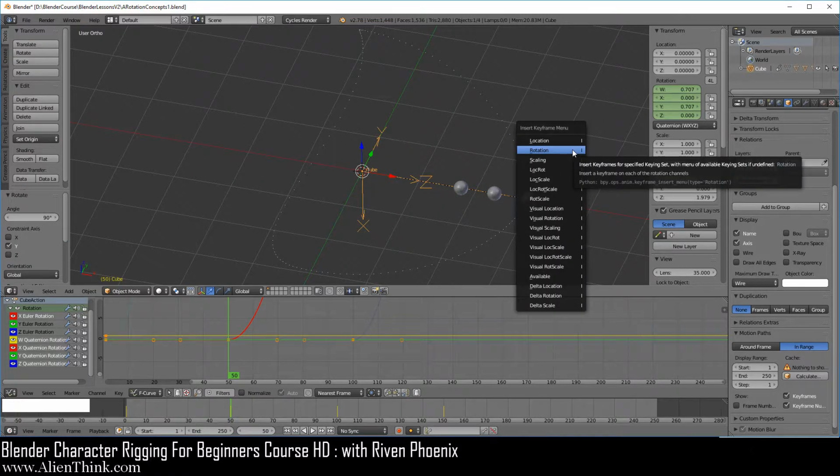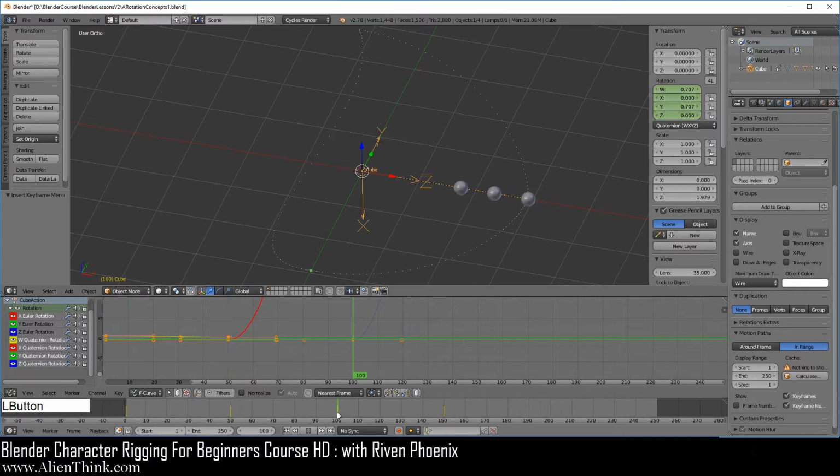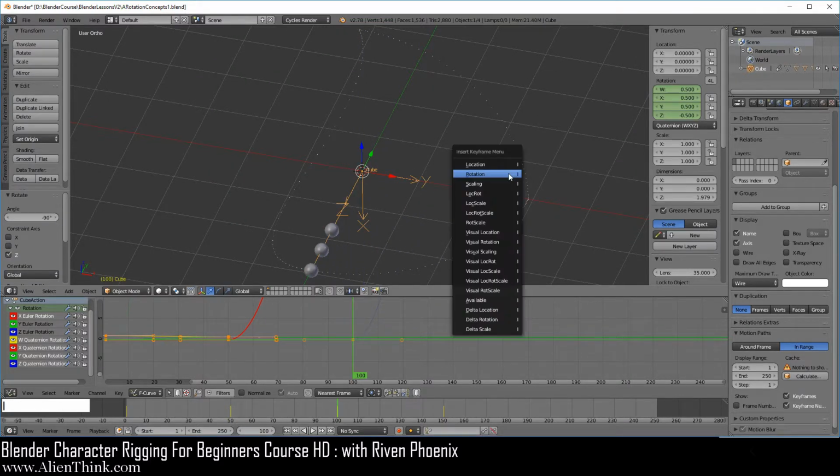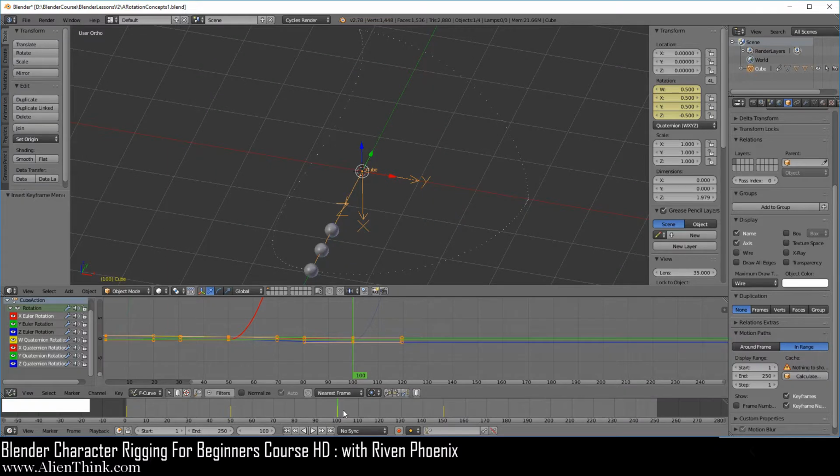Do I and capture the rotation. Go ahead and take this to frame 100, press the R key, press the Z key, press the control key down and rotate this by 90. Do I in rotation. Now go ahead and take this to frame 150, press the R key, press the X key, press the control key down and rotate this by 90 over here. Now do I and capture the rotation.